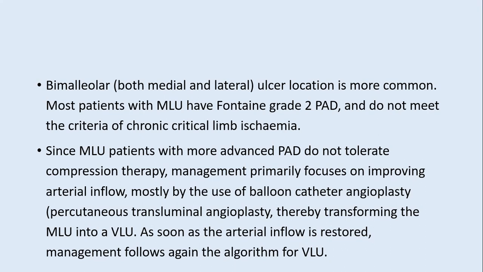So first, if an ulcer has both the arterial and venous component, then it is imperative to treat the arterial component first and then convert it into a pure venous leg ulcer, because then the treatment of venous leg ulcer is much easier. As soon as the arterial flow is restored, the management follows the algorithm of venous leg ulcer,